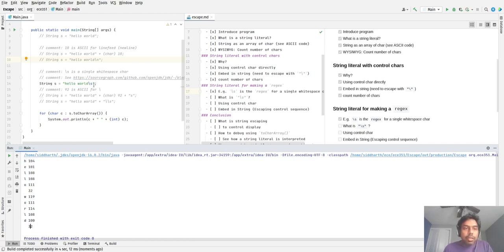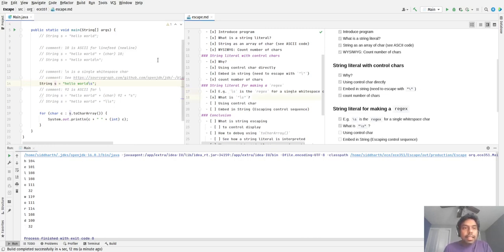So when we actually want a regex to recognize a white space character, if we just use a single \s, then that is interpreted by the system as a space, and this is not what we want, because now when this will be fed into a regular expression processor, it would not even see \s, it would just see space. So this is not what we want.